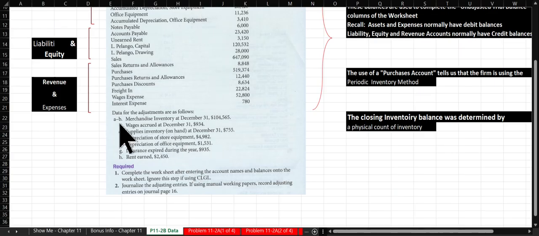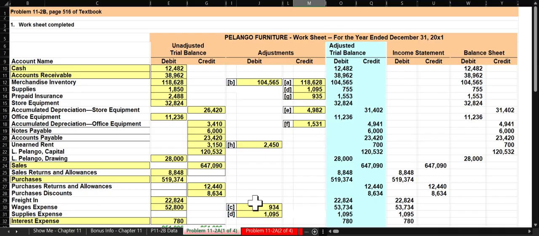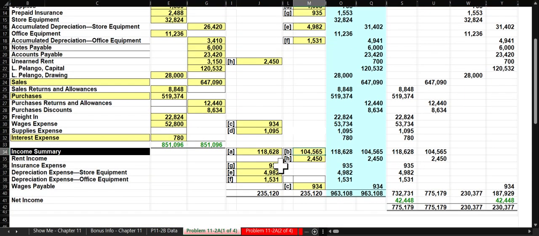So we have accounted for items A and B, which is to close out the beginning inventory and record the ending inventory. The next thing would be for wages accrued. So here we have an expense that was accrued, which means that we incurred the cost, but we haven't paid the employees as yet. So we need to add this amount to our expenses. And since we're not going to have our next payroll until in January, we're going to record a payable for the amount. And so in the worksheet, you will notice that we will have,